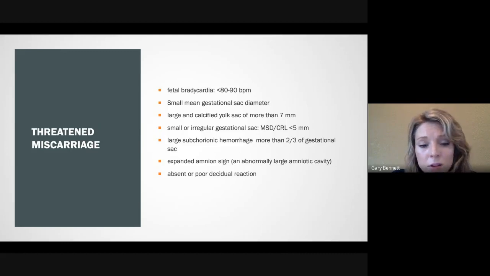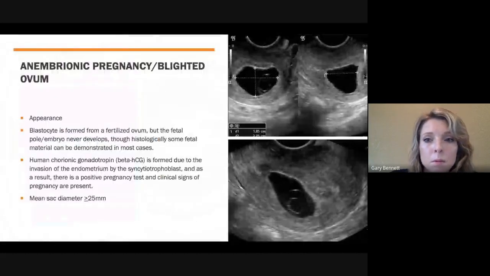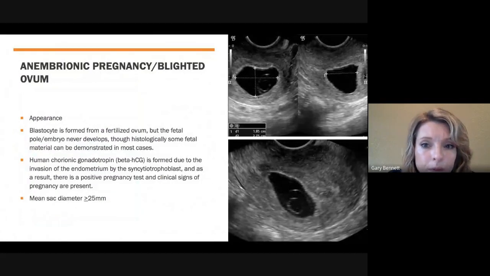We have the amnion sign, absent poor decidual reaction. We talked about that. Again, these are all just kind of markers. So if you see a bunch of them, your level of concern might go up. Let's look over here. So a blighted ovum, that is going to be a gestational sac that never has a